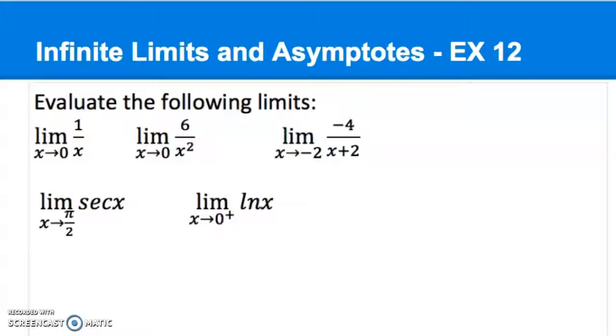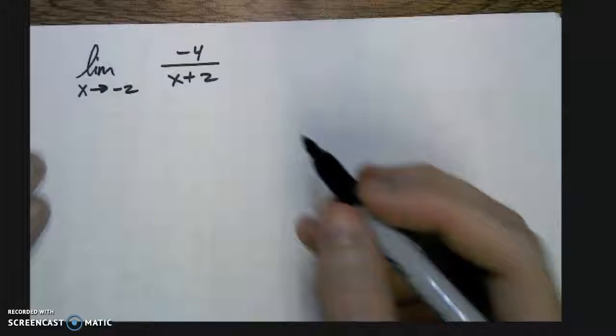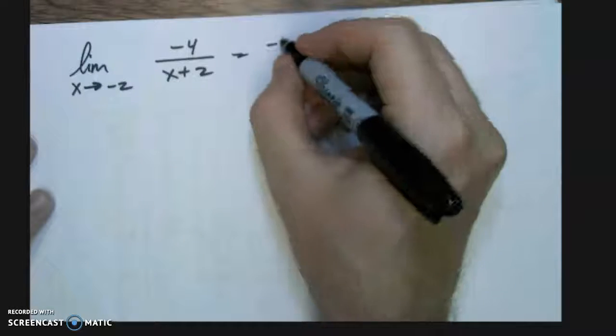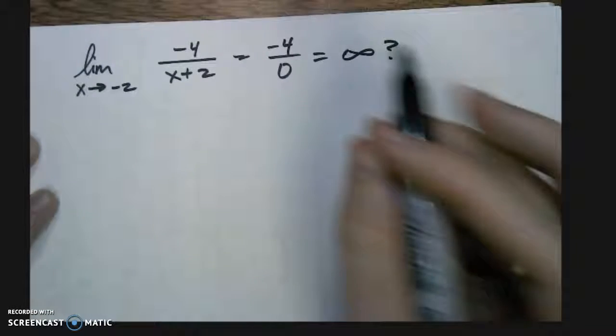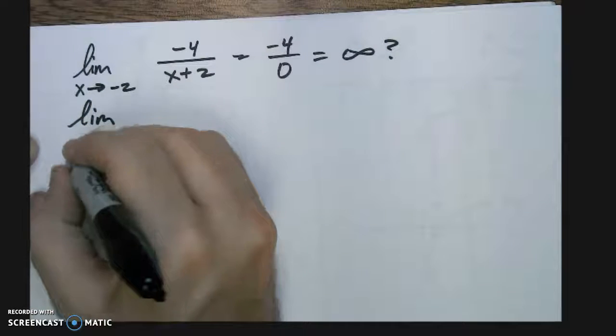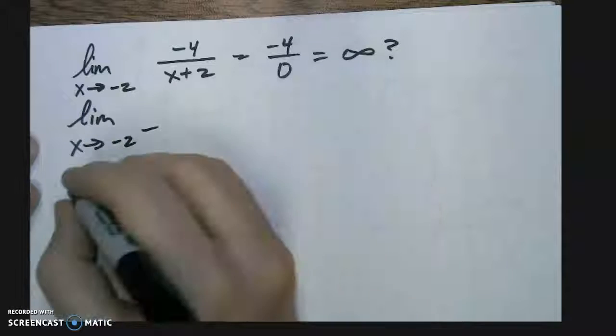The limit as x approaches negative 2 of negative 4 over x plus 2. So here, again, if you plug in negative 2, you're going to get 0 in the bottom. So algebraically, if I plug in negative 2, I get 0. So it's going to be infinity of some kind. If I test negative 2 left, negative 2 right,